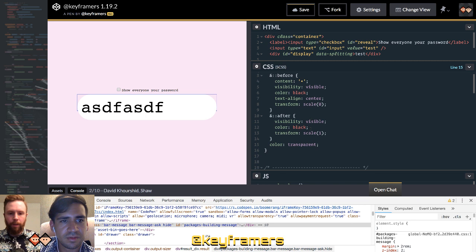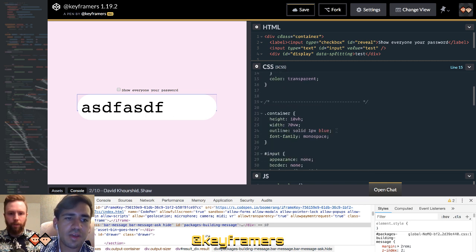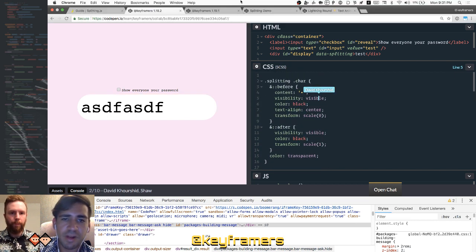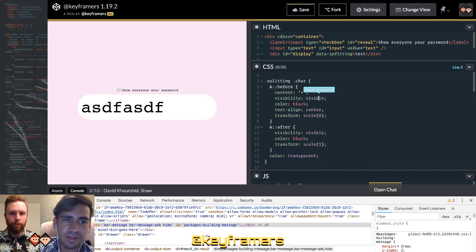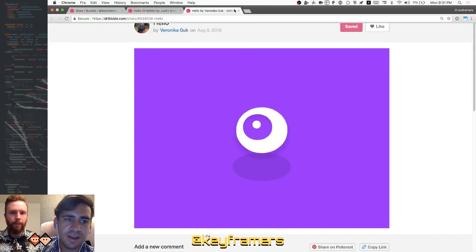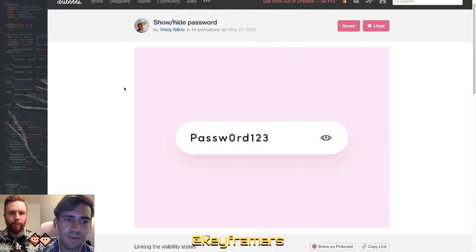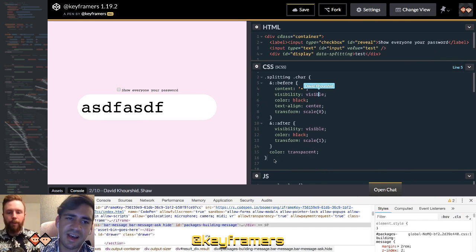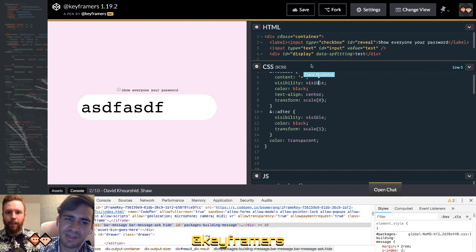All right. And after. Oh, okay. So I see. We have two different things. Both the before and after have the character, right? And so the idea is that when it's checked, the before scales out. Or scales in, right? It scales down. We should really be using down or up. And then the after scales up.